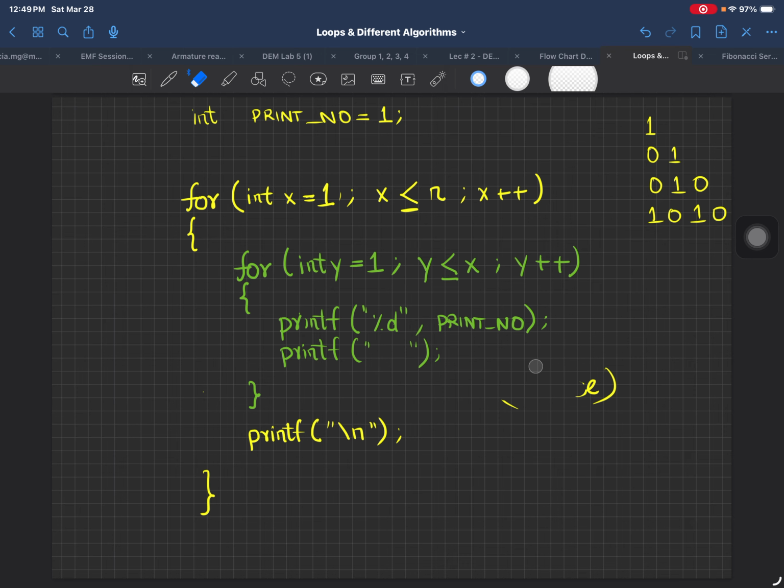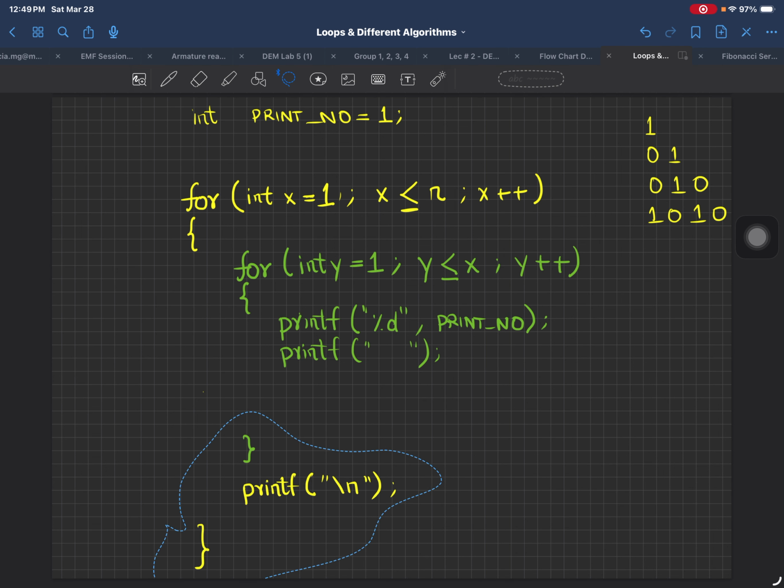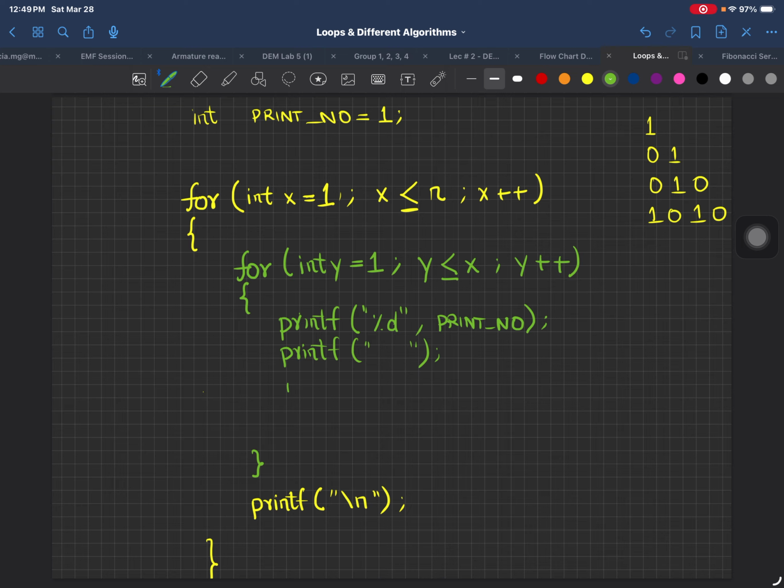So it's going to be based on some if else condition, and you are going to do something like this. Let me just make this a little down so I can add those if else statements over here. So inside this internal for loop, after printing whatever that number is, 1 or 0, you have to change it. So this means that you are going to have an if else condition. If print, sorry, this will be p actually, so print underscore number